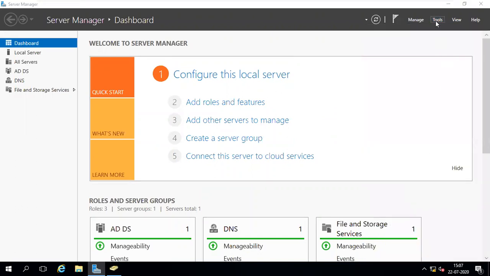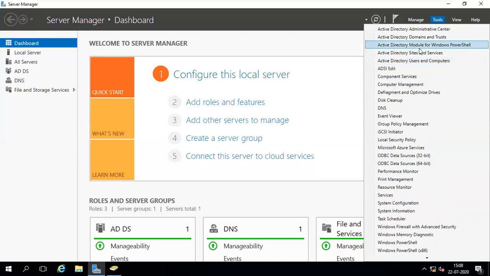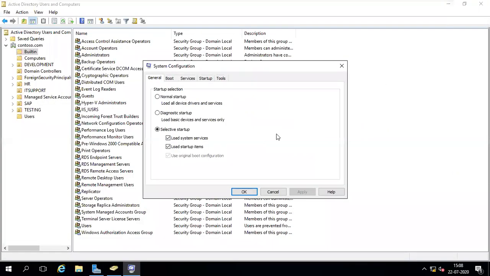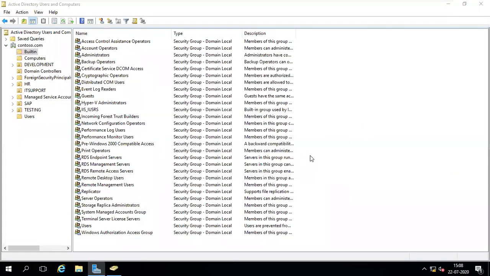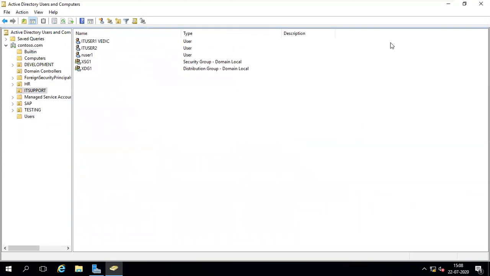No, not system configuration, system manage. Information, configuration, services. Yeah, it is not there. It's okay, guys. I will show you if possible. Okay, where is my IT support? This one.